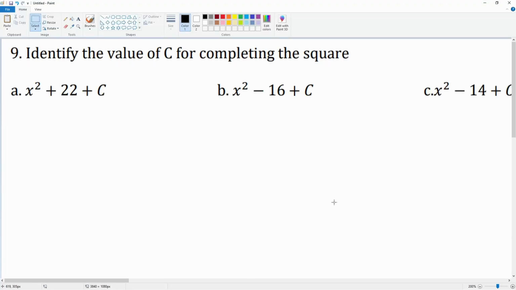For number 9, it just asks us to find the value of c to complete the square. So right now this is incomplete. To find that constant, what we need to do is first of all find the b term. So the b term is